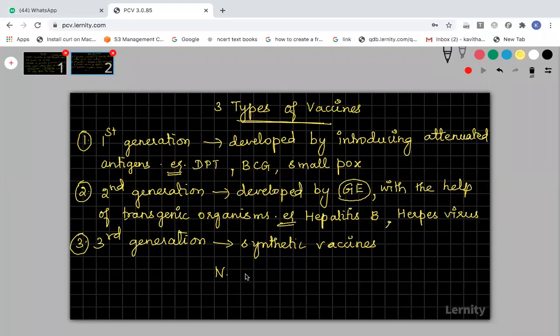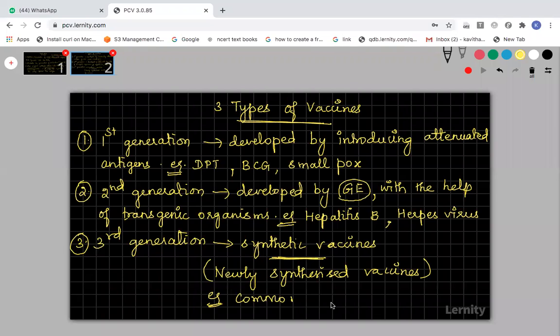Now the newly synthesized vaccines, the modern vaccines we are producing, against many diseases, all these vaccines are still under research. These third generation vaccines are under research and they will come to the market very soon. For the synthetic vaccines, we are developing against many things. Again, common cold, this synthetic vaccine is under research. Then for cancer also we are doing some synthetic vaccines. For many diseases, like incurable diseases, we are preparing these synthetic vaccines in the third generation.